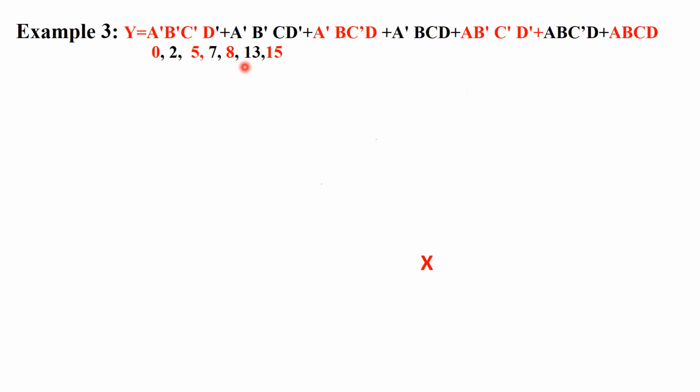So copy. Again, I'm telling you, whenever you are copying the question, copy it properly, with those complements and all. And in all the questions, you can see all the literals are present. A dash B C is there, D is not there. So all the terms are in full canonical form. Okay, I'm done.